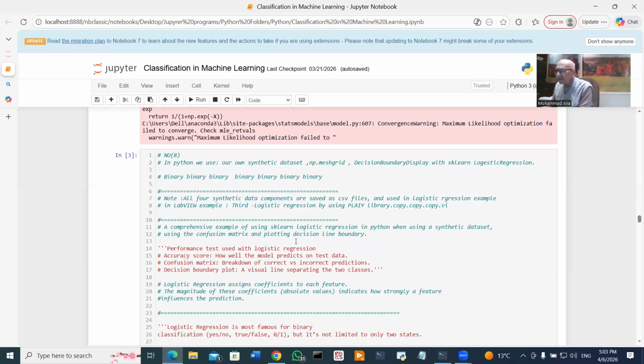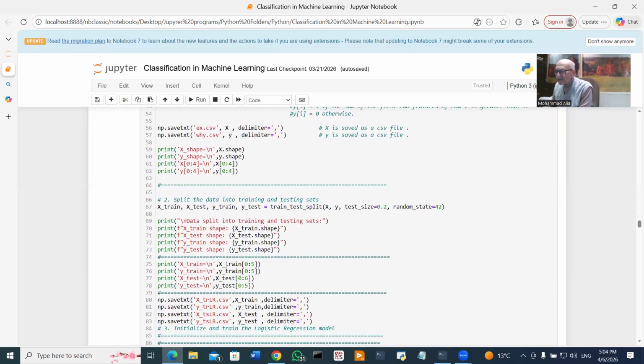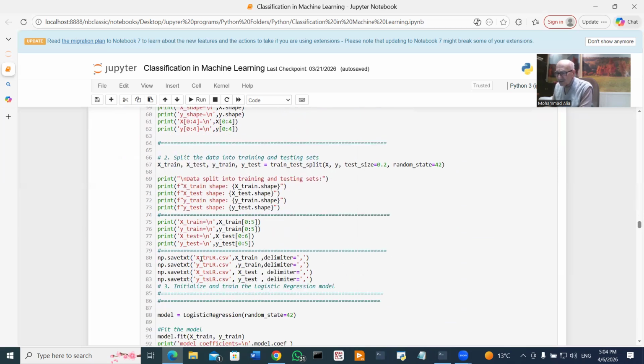So what I have done here, the data which represents the X train and Y train and X test and Y test, I have saved them here, as you see, X train, Y train, X test, Y test. I have saved them as CSV files. They are given new names, and they now are saved in this Python